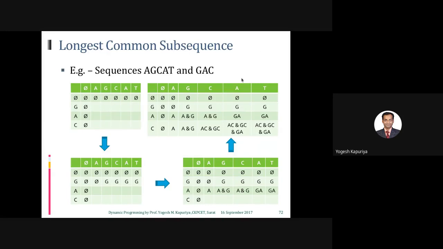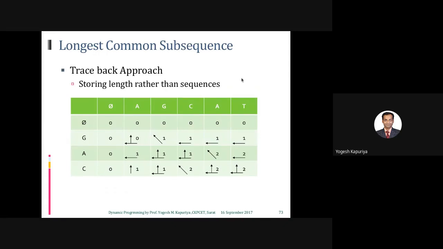Okay, let's look at the approach which is actually used in algorithms and which helps you find out the sequences. It's the same thing. Instead of writing a string, now we are writing the length. Obviously, when your first string is null, you don't have any longest common subsequence, so you write 0. Similarly, if your other string is null, then you write all zeros.